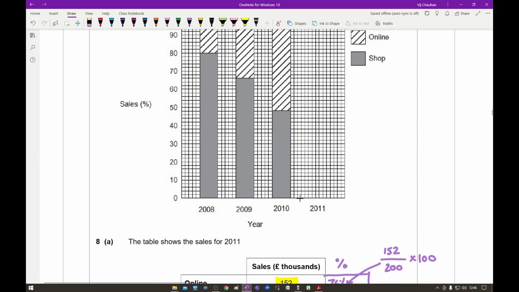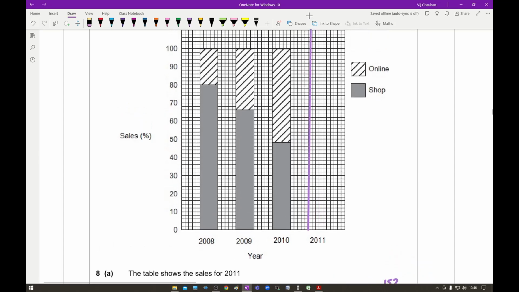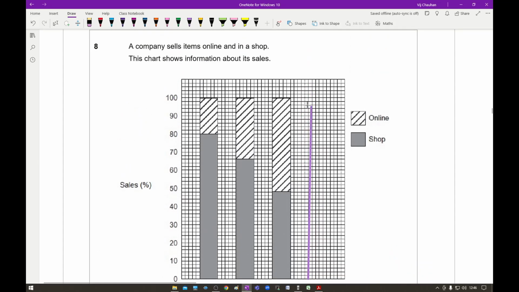Doesn't matter what colour. So I want to try and keep the space as it is. So I'm counting 5 blocks. Hopefully yours will definitely be a lot more accurate than mine. And I'm going to go all the way up to 100, like so. And I'm going to try and convert this into a box somehow,